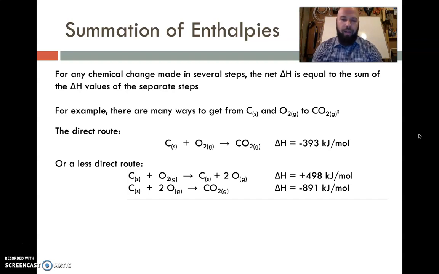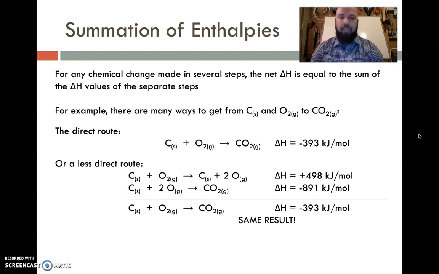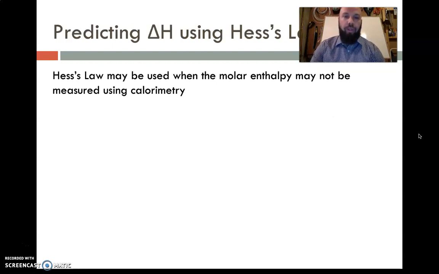Then, since that radical oxygen is so unstable, it reacts quickly with a huge release of energy to form carbon dioxide. Negative 891 kilojoules per mole would be the enthalpy change of this reaction, leaving a net result that is exactly the same as the direct route. So you could have this done in 3 steps, 5 steps, 8 steps. If you're starting with just carbon and oxygen and arriving with just gaseous carbon dioxide, that will always be the change in enthalpy. So we can predict the change in enthalpy using Hess's law